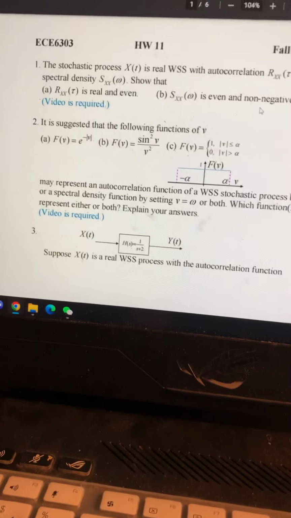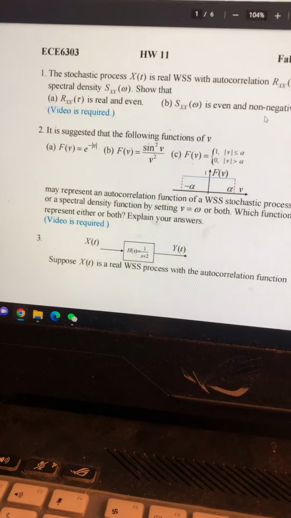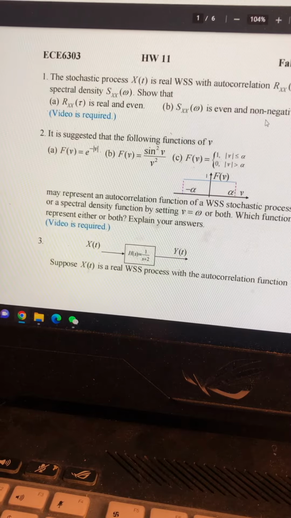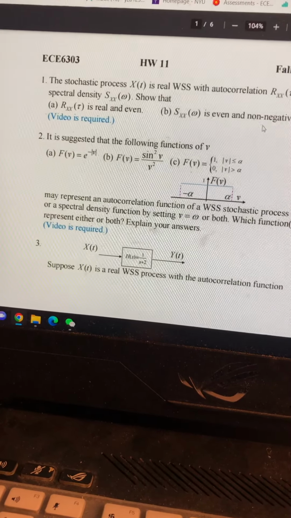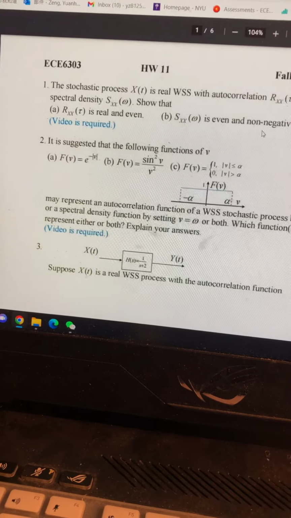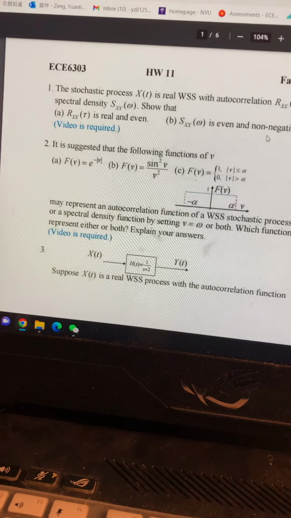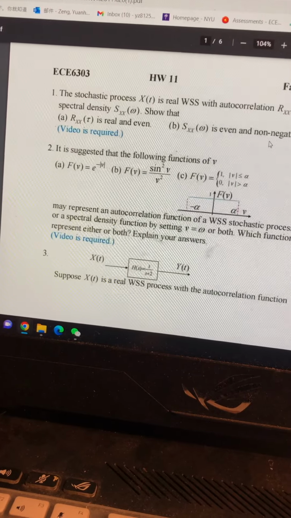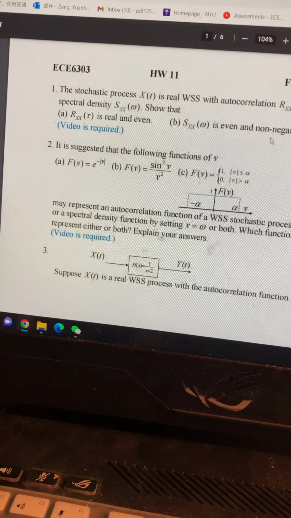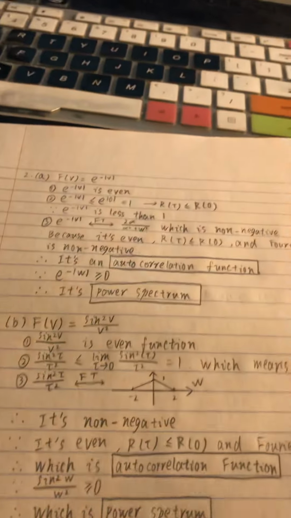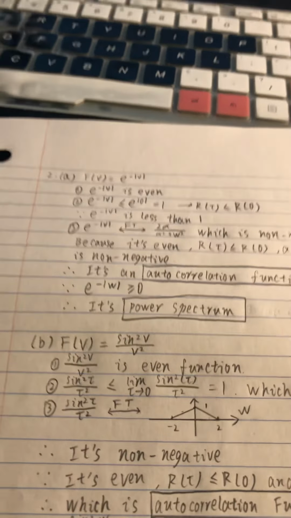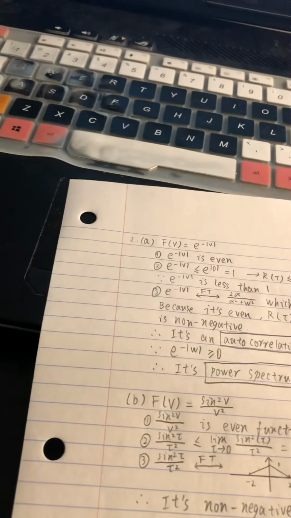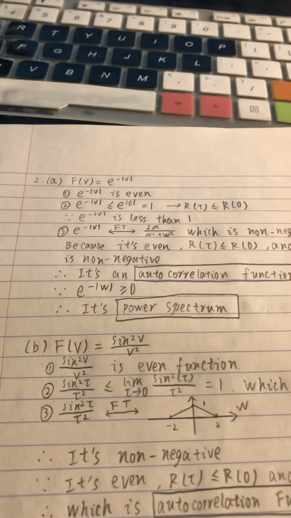In question number 2, it says it's suggested that the following function of y. So for part 1, it says that the function of y is equal to e to the power of negative absolute y. So let's see. For f(v) equals e to the power of negative absolute v, we can see